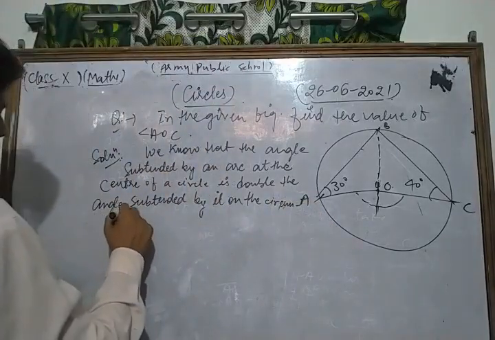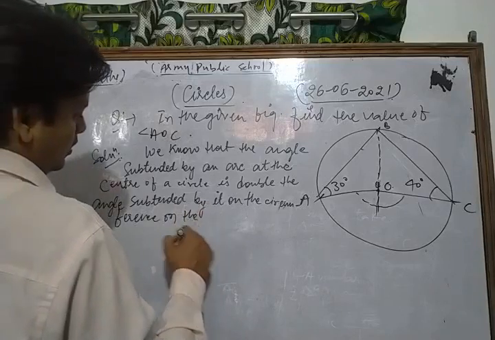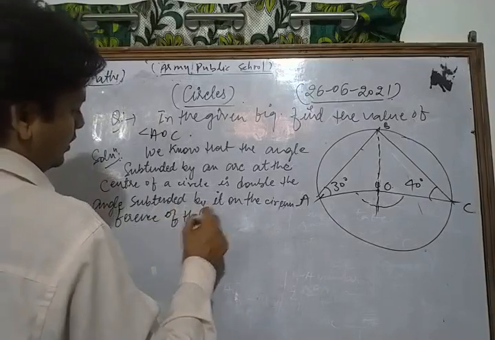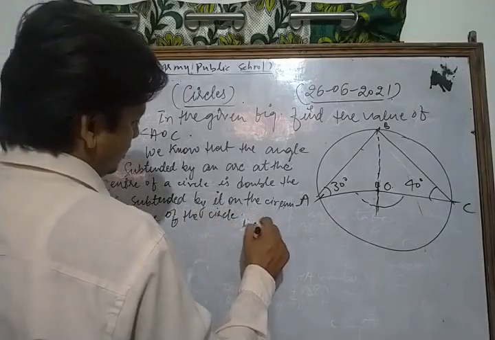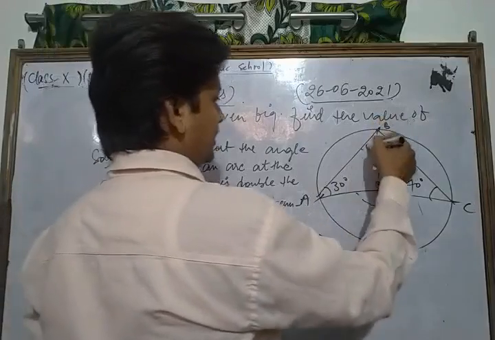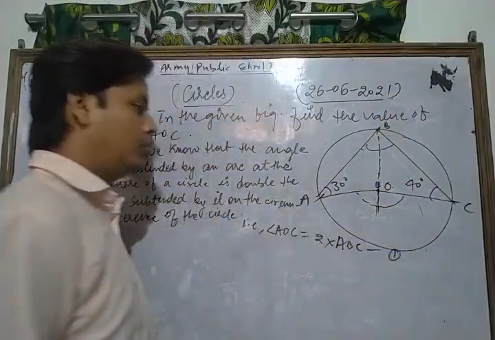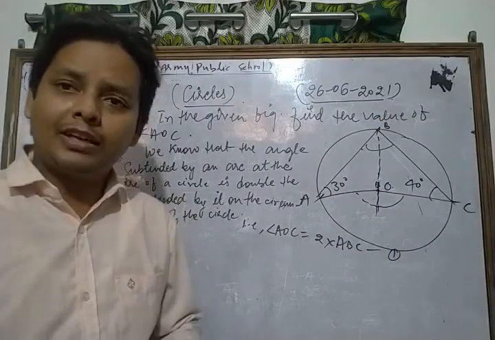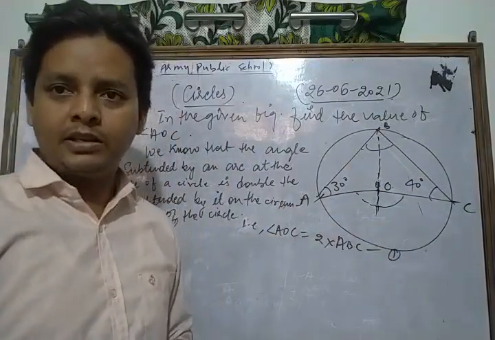That is, angle AOC is equal to 2 times angle ABC. Take this as equation number 1. So for finding the value of angle AOC, first of all we find angle ABC,